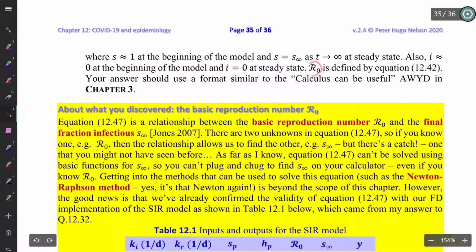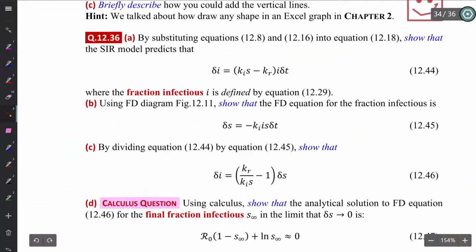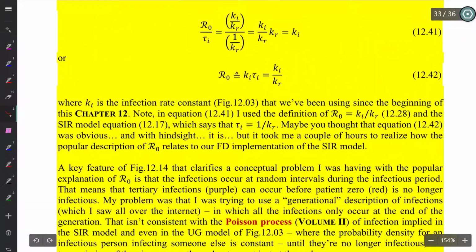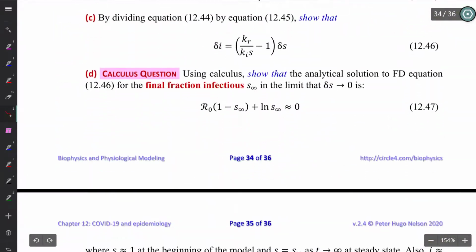And just reminding you, we've got R naught, which is defined by equation 12.42, right? Equation 42, if you like the Hitchhiker's Guide to the Galaxy, it's the answer to life, the universe, and everything. Who knew? Okay, so